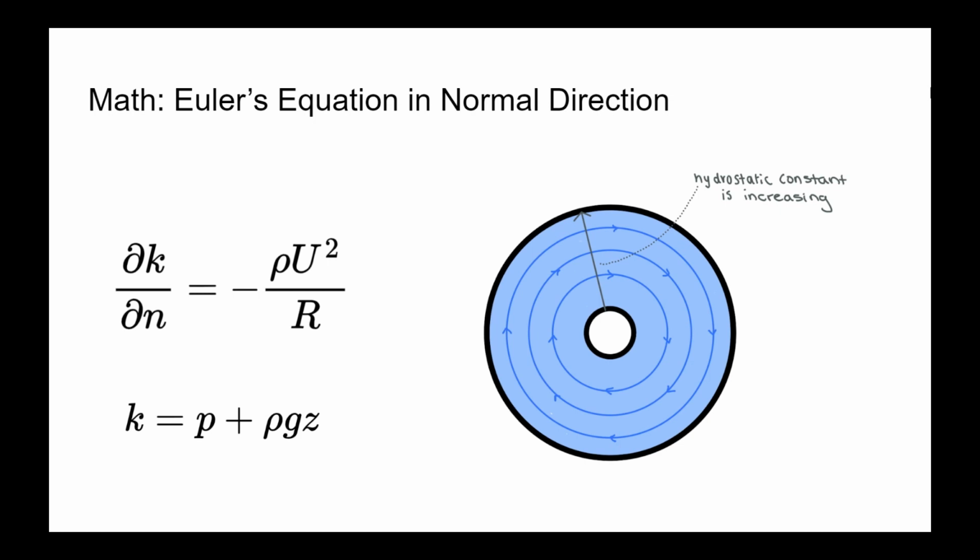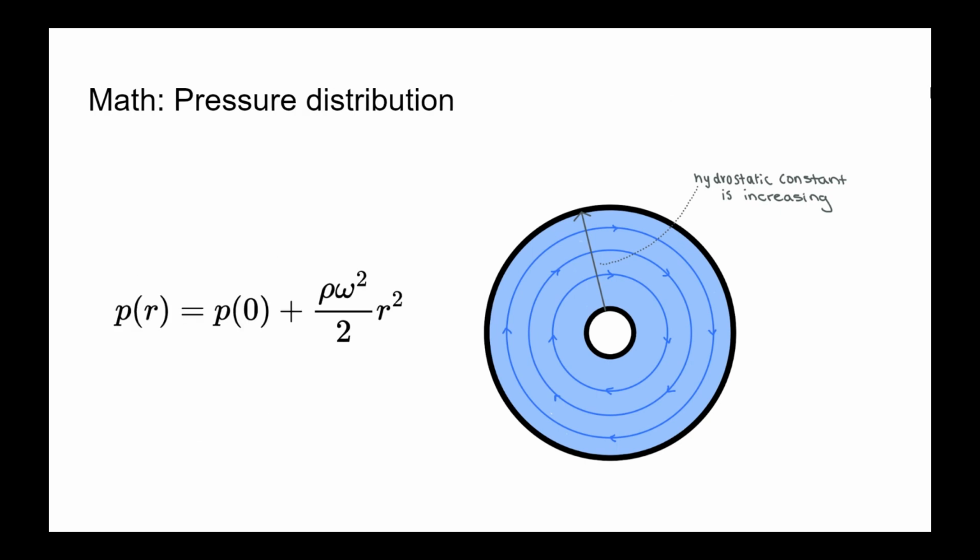Since the torque converter is small, we assume that gravity is not dominating the behavior of the flow, so we know that a gradient of the hydrostatic constant must be related to a pressure gradient. In this case, where the impeller and the turbine are rotating at the same rate, the flow behaves as a solid body rotation, so we can use this equation for pressure distribution in fluid rotating as a solid body to